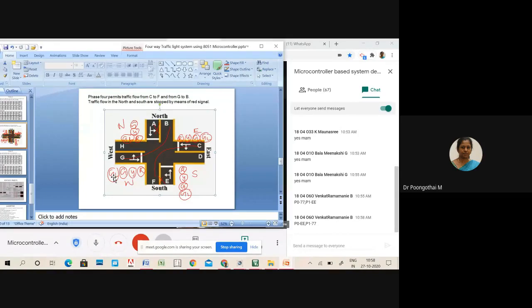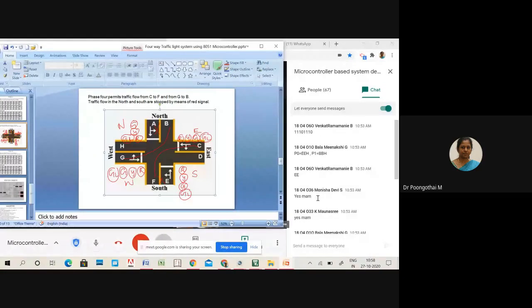So what about the remaining students? Have you worked out the 4 different phases of traffic flow? So what is the answer? So only Venkataramani and Bala Meenakshi are replying. What about the remaining students?